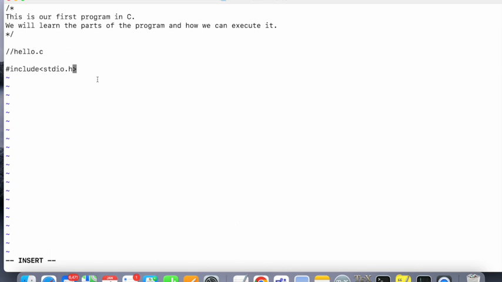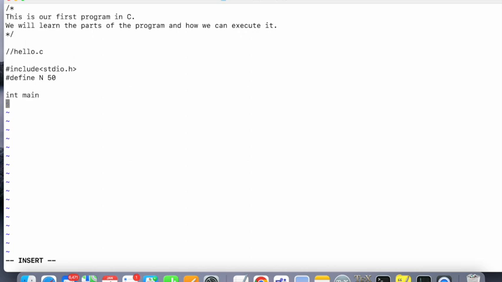So once we have done this, we will also consider another preprocessor directive which is called #define. This is mostly used to define macros, which we will again discuss in the subsequent classes. But for now, let's consider that we are defining a value N as 50, and then we will start with the